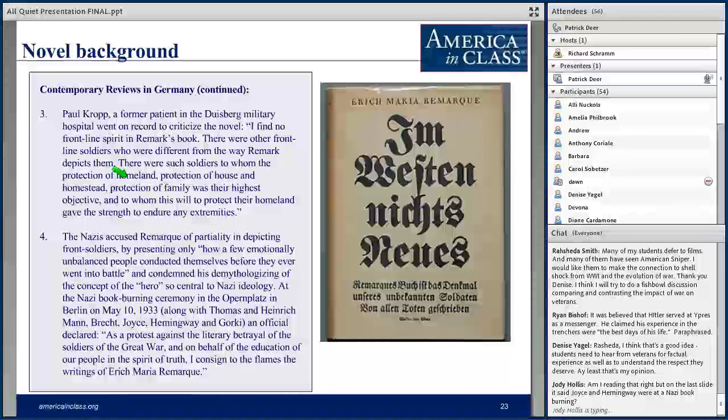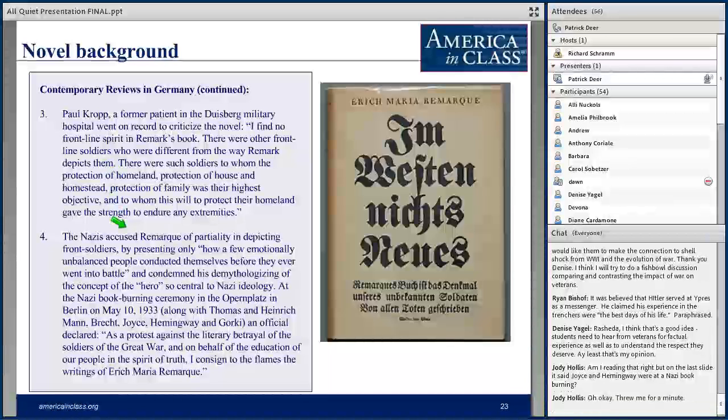Here we are again. Thank you for that. No, they were not there. How would they have behaved had they been there? Would Hemingway have leapt into the flames and wrestled the Nazis for the burning books? No, it was that Remarque's books were burned along with 20,000 other books. It's the books of Thomas and Heinrich Mann, Bertolt Brecht, James Joyce, Ernest Hemingway, and Maxim Gorky, and a bunch